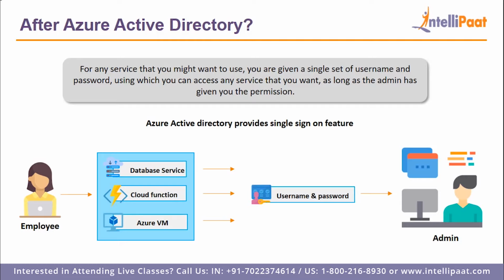So that means there will only be a single username and password for every single employee, right? He just has to keep track of the username and password for every single employee, and he can use Active Directory to track, store or organize the permissions that he has given to all of the usernames and passwords. So now your task has become simple, because you only have to remember one set of username and password, as well as your IT admin's task, because he doesn't have to track all of the different usernames and passwords that belong to only one employee, right? Because now there is only one username and password for one employee.